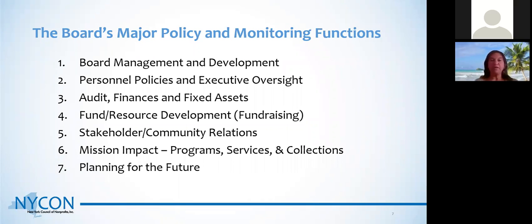So as we now move into really thinking about board governance and recruitment, I want you to also think about all of these different functions and how important it is to have a board with a broad knowledge and understanding of a lot of different issues, not just your specific program and your mission. Obviously, they need to be passionate about history, about storytelling, about collections, about your local community, but they also need to bring a set of important skills and a commitment and willingness to carry out some of this kind of work.